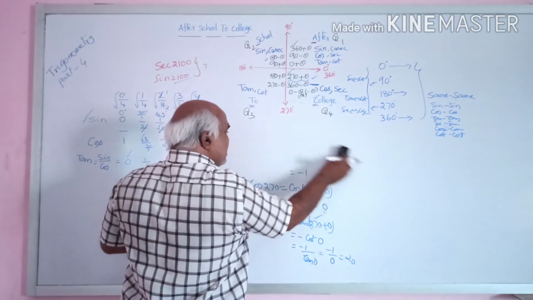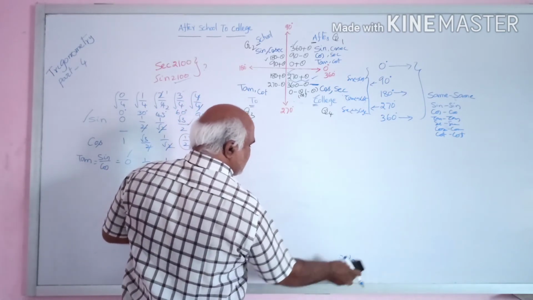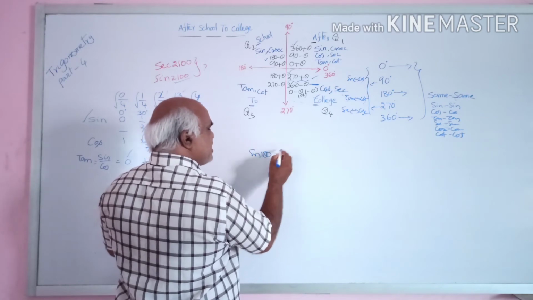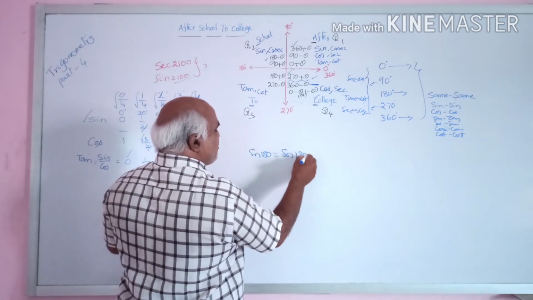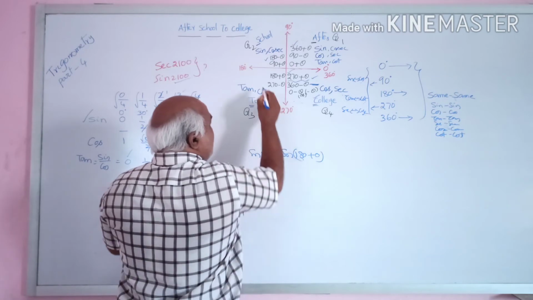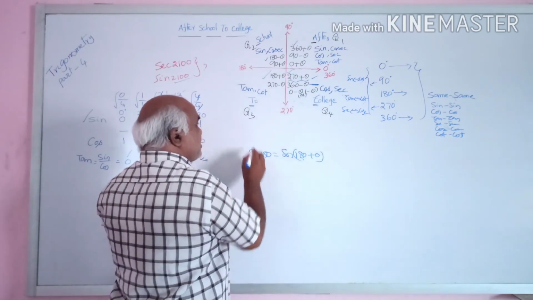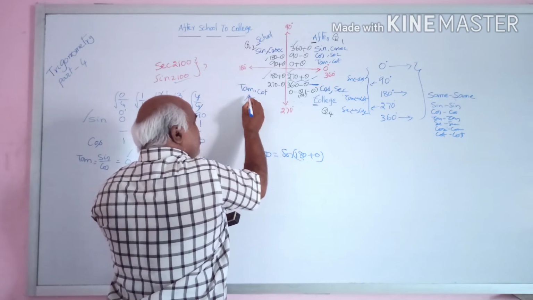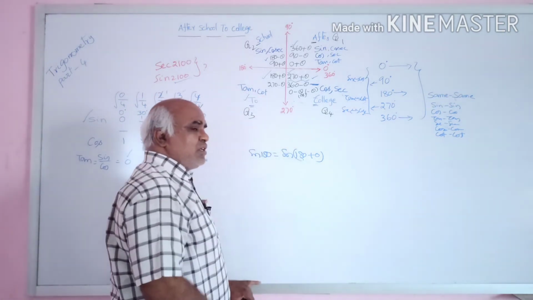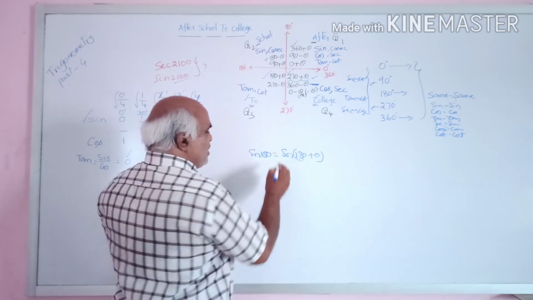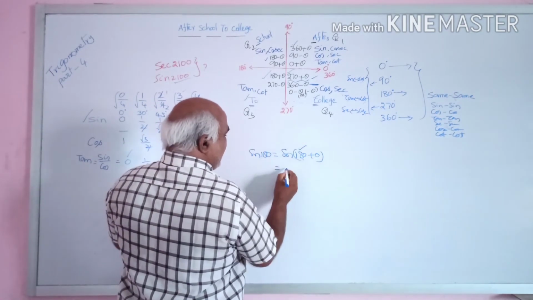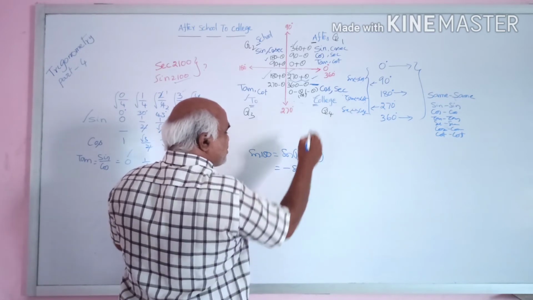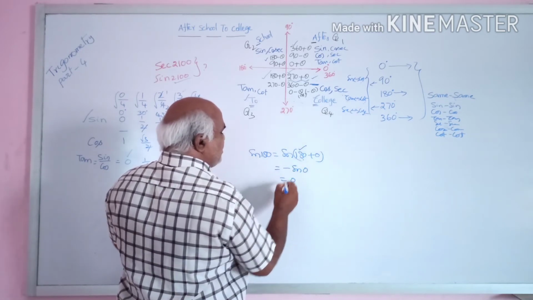Okay. Similarly, you can calculate sin 180. You can easily remember sin 180 as sin 180 plus 0. 180 plus 0 is in the third quadrant. In the third quadrant, tan is positive. After school to college, tan and cot are positive and the remaining four are negative. Therefore, for 180 you can write sin, same to same, sin 0, that is 0.